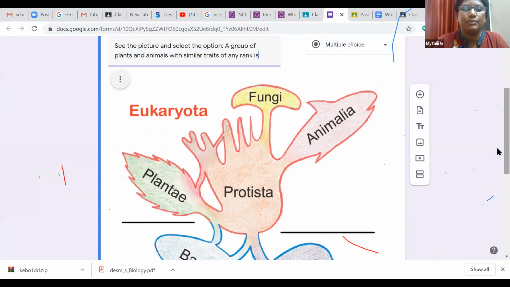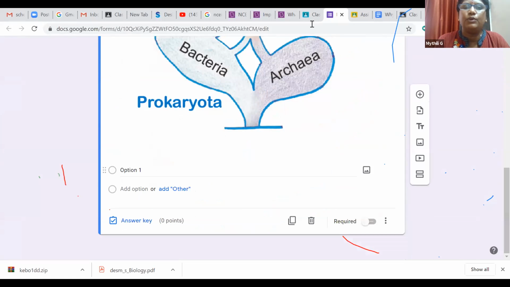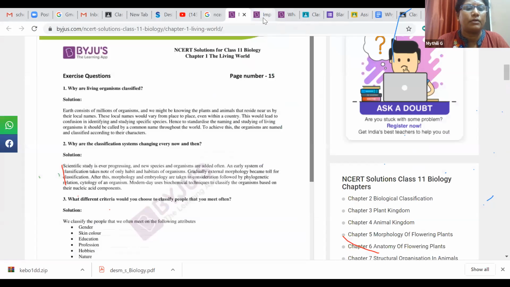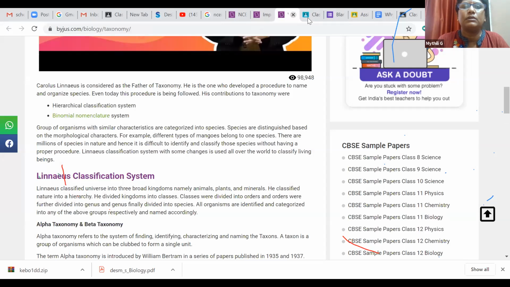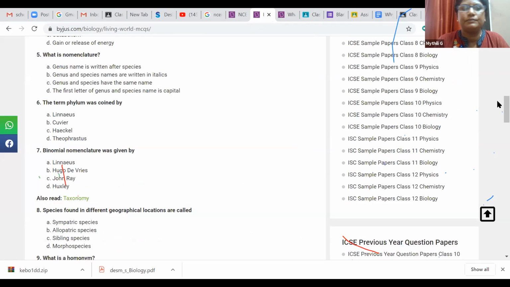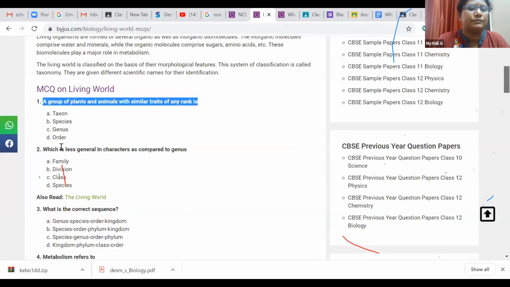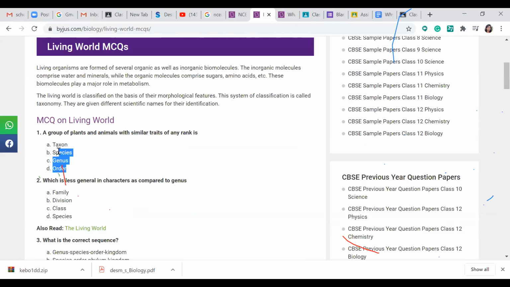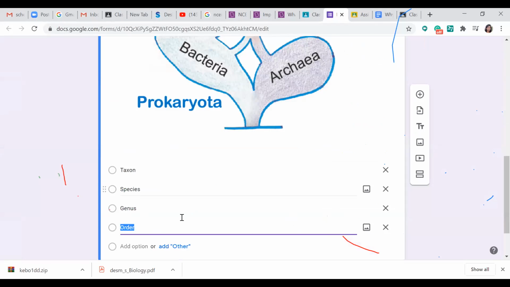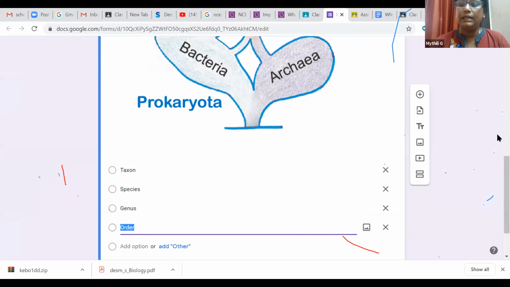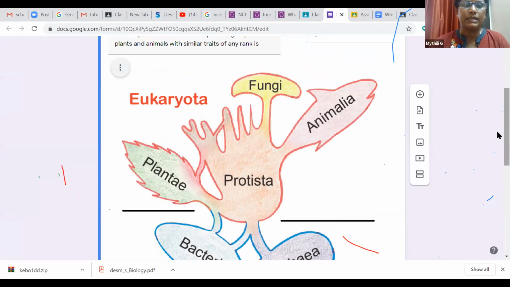So this is a multiple choice question, and then you can give the answers. I'll paste them one by one. So this is the way we can paste it here, and then you can set the answer key.